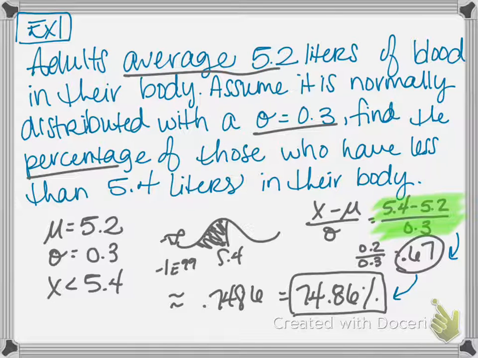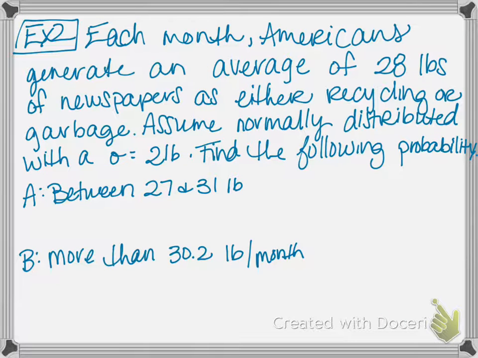All right, so it's going to be the same process no matter what type of problem we get. So let's go to the next problem. Example 2: each month Americans generate an average of 28 pounds of newspaper garbage, as either recycling or garbage. Assume it is normally distributed with a standard deviation of 2 pounds. All right, so I have my average and I have my standard deviation, and it says find the probability of